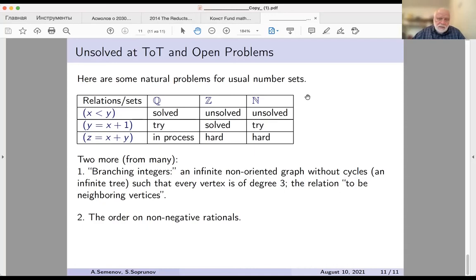And consider relations. One is just less, and for Q we solved it in our